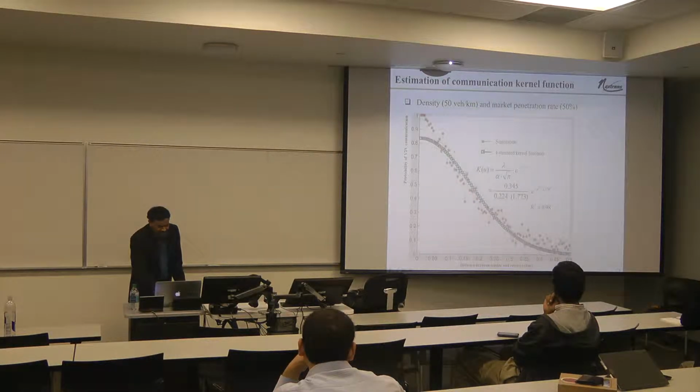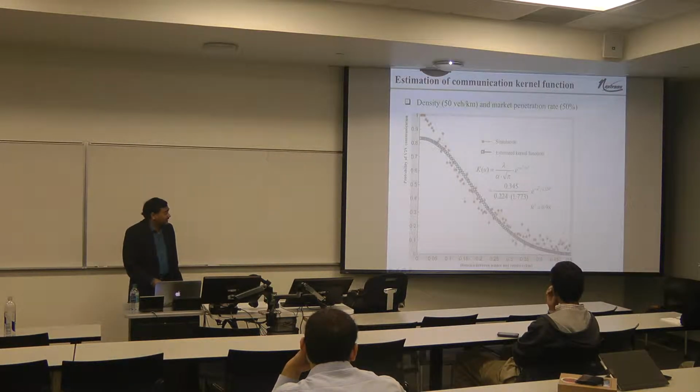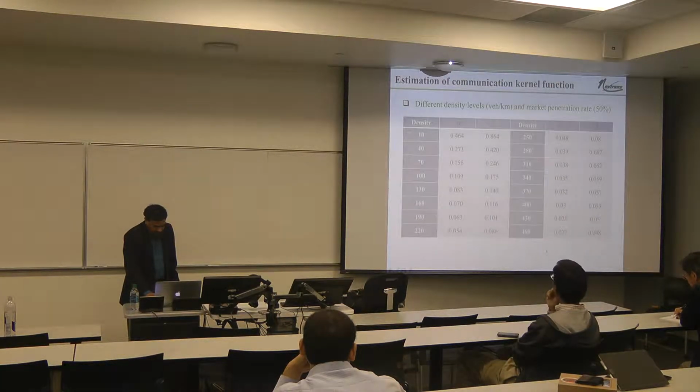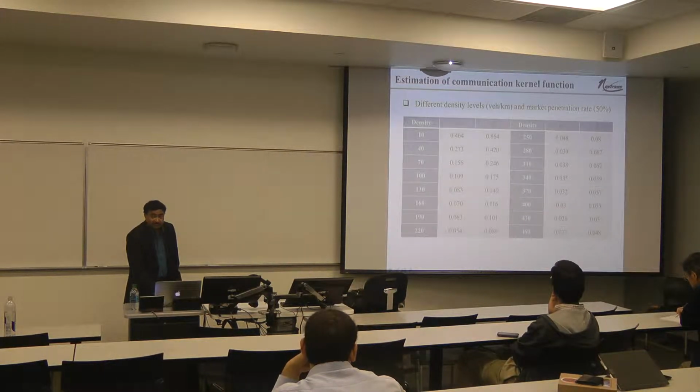And as you can see, the simulation actually shows some order here. What we do here is determine the best fit, and in this case, it's a Gaussian function. There are other functions we have tried, but in this case, the fit is best here. Based on that, this is the function that we adopt for the kernel function. Remember, that's the function that tells us whether the communication is likely to take place or not. For different density levels, in this curve fit, I should have mentioned, there's alpha here, and then lambda. These alpha and lambda are determined for different densities.